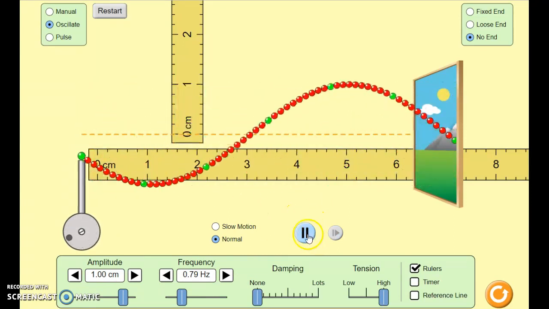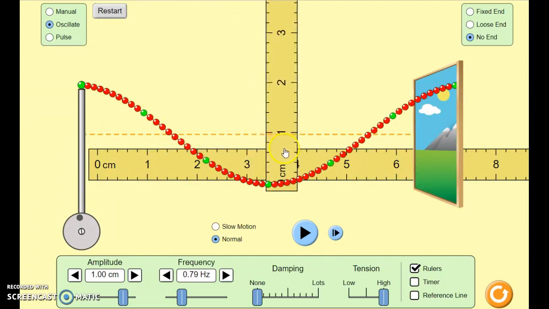And you can see that the amplitude now measures as 1 centimeter. Okay, good. You can also adjust the frequency of a wave. So every wave has a frequency which tells you how many times per second the wave vibrates up and down. So you can see that if I set the frequency here to be very small, maybe 0.1 hertz,